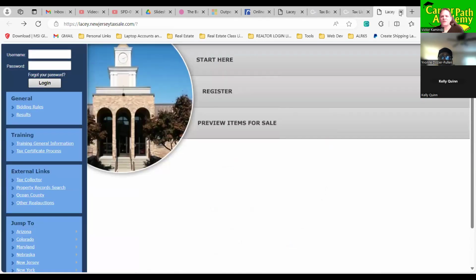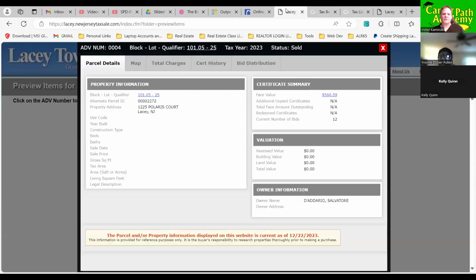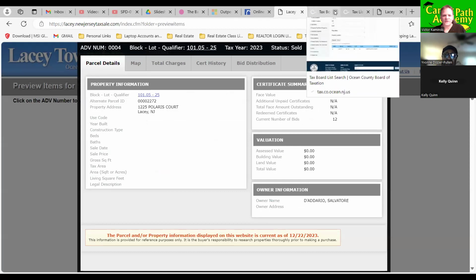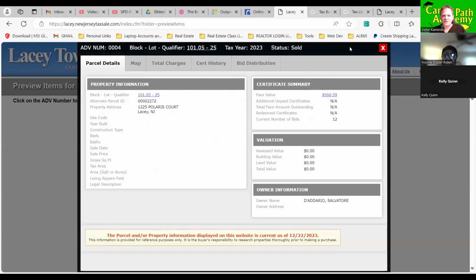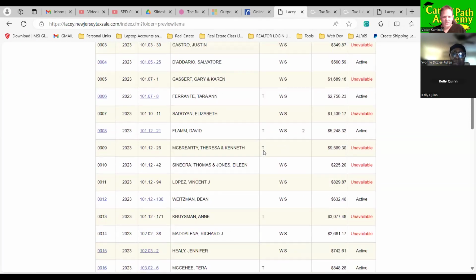Anyway, this is how you can do the research and see about bidding on which house you want to bid on. You know, it used to be that they had this tax system set up a little better, that when you clicked on it, it took you directly to the tax record for that property. But now you've got to type it in, do a little more work and research. But that's basically the gist of how it works. So you can go look at all these.